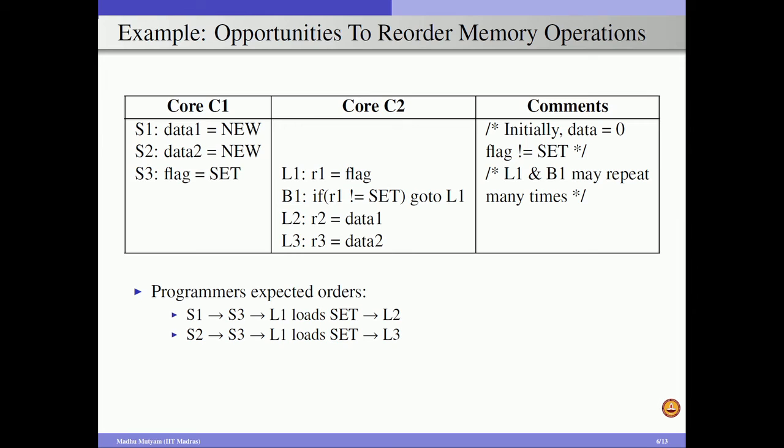So, the programmer's expectation is either S1 executed first, followed by S3, followed by L1, followed by L2, or he expects S2 to be executed first, followed by S3, followed by L1, followed by L3. As long as the program is executed like this, he is going to get the expected outcome, so everything is fine. But if you are considering a sequential consistency model or total store order model, then it clearly says